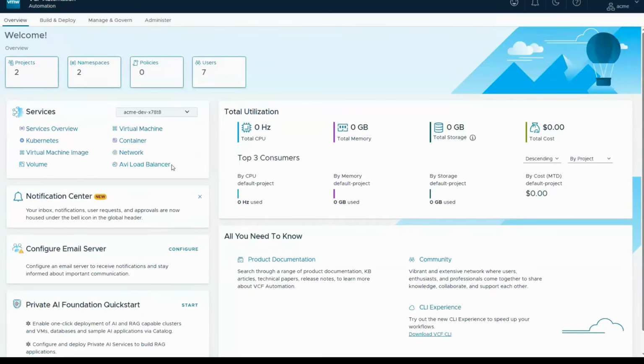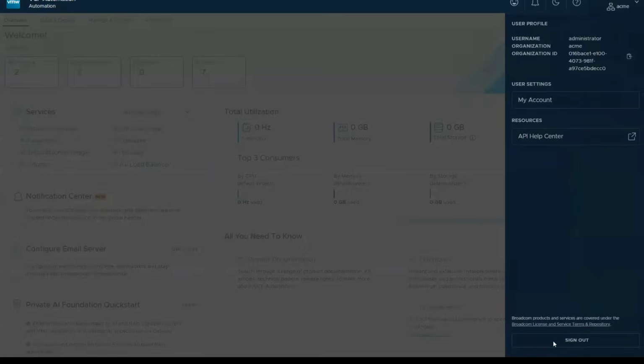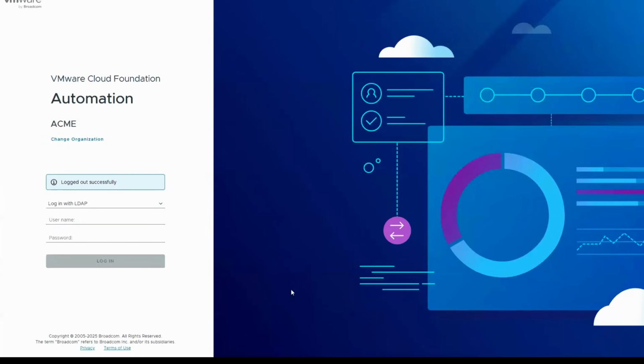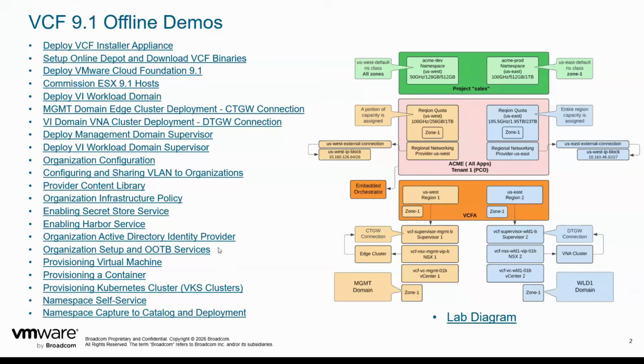And yeah, so this is basically all we needed to do to configure the namespace to look at our discovered workflows or allocated resources, and we can go in and sign out as an org admin. So let me go back to the offline demo list. And before we do that, I'm going to check our